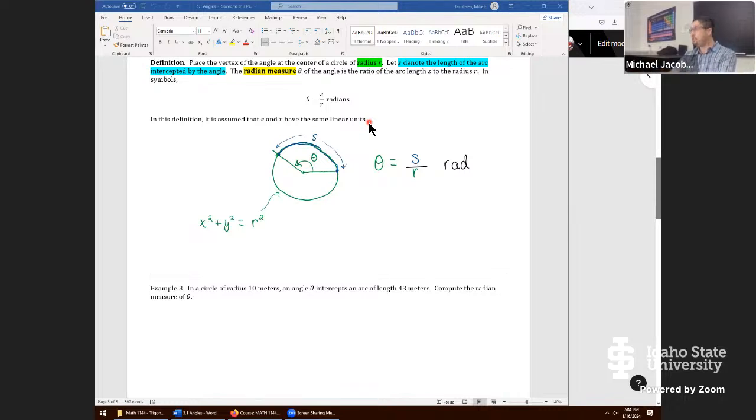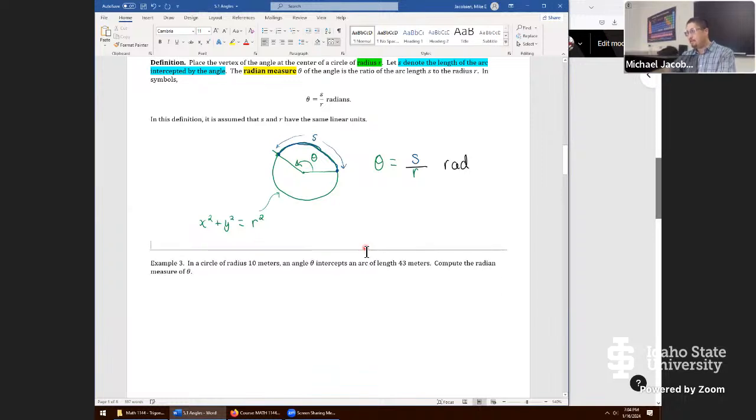Okay, well, that's the definition. We should try it out right away. So here's our example. It says in a circle of radius 10 meters, an angle theta intercepts an arc length of 43 meters. First thing we should do is just draw that out, and